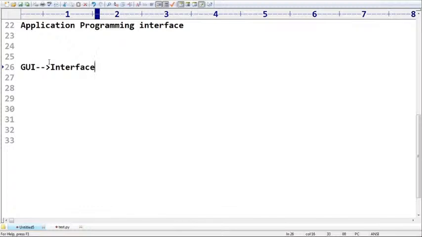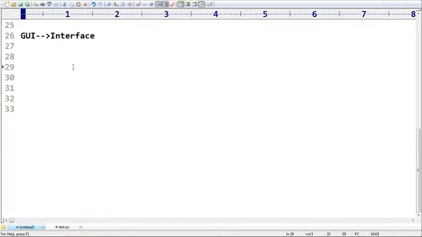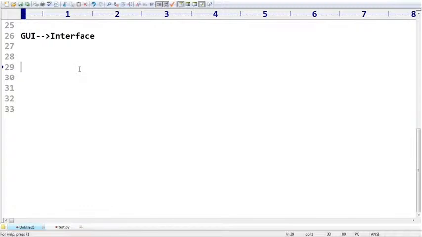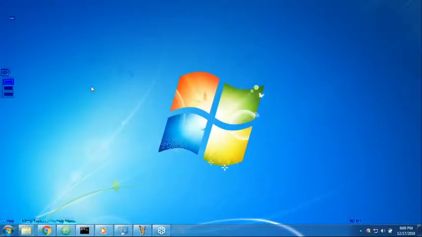By using the mobile keypad, we can access the functionality of the mobile. In the same way, I have one software application. Observe very carefully. I have one software application. To access this software application,